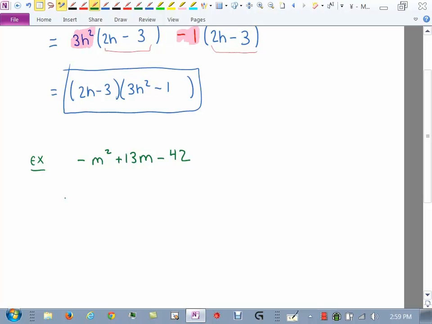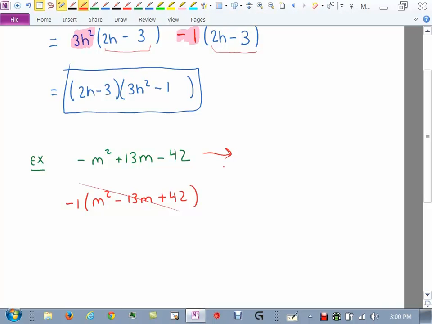Now, could you factor a -1 out? Yes. So just be aware. Remember, you can always factor -1 out of anything, and it has the effect of changing the signs of all your terms. So I'm just going to remind you that that is possible. Now, it would not be incorrect if you just left it this way, but just remember that that is something that we could do. Now, I'm not going to do it, okay? I'm going to just stick with this over here.